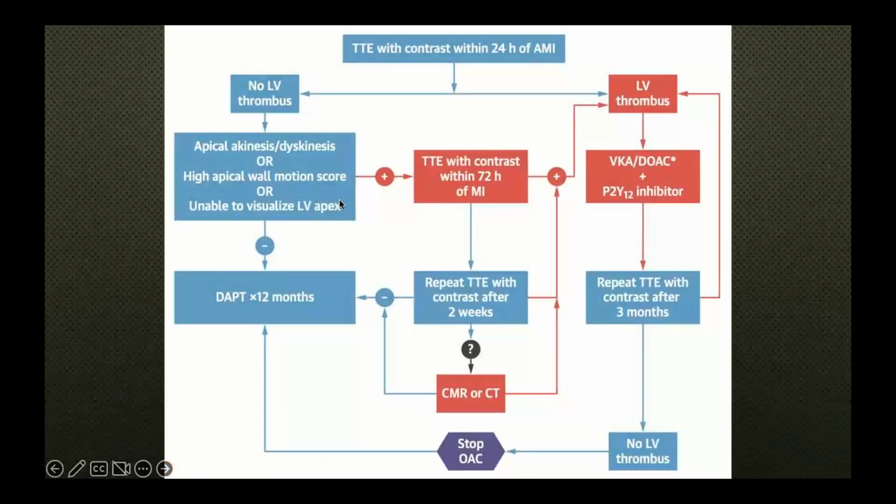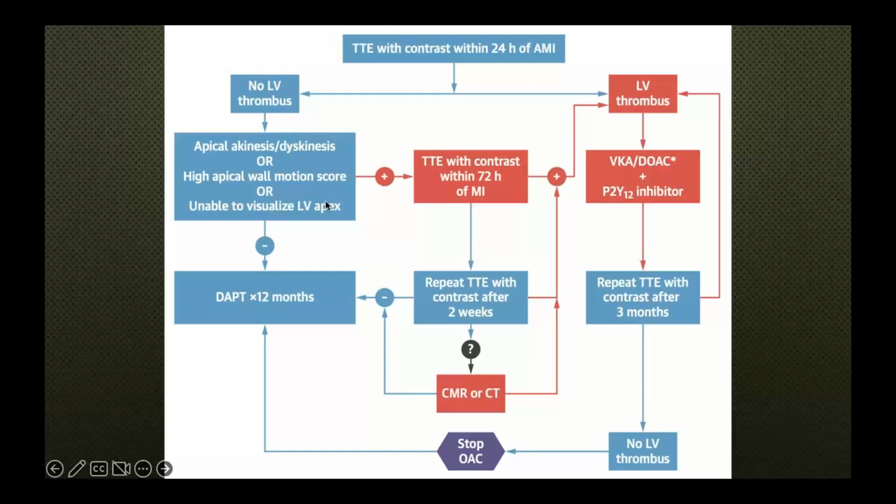And I'm not going to really go extensively into this for the time's sake, but this is an algorithm that is suggested by the AHA to assess for LV thrombus. They recommend having an echo with contrast in the first 24 hours. If there is no thrombus formation, but they still have high-risk features with the apical akinesis or dyskinesis,